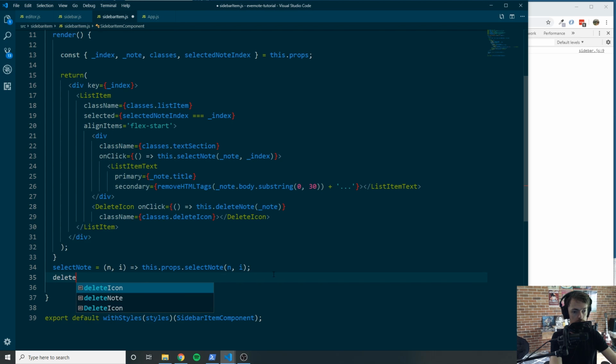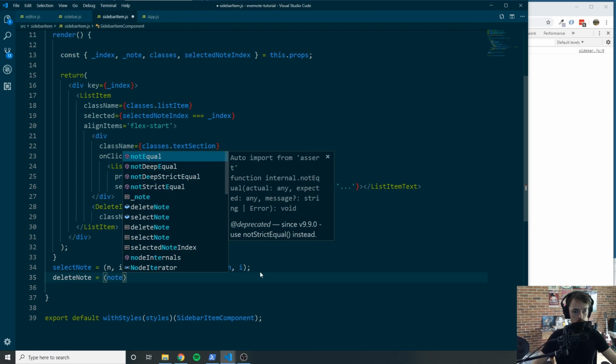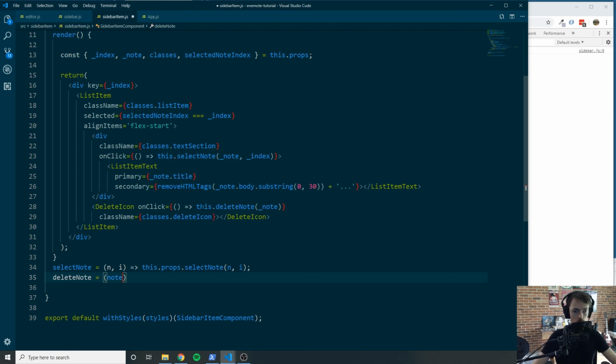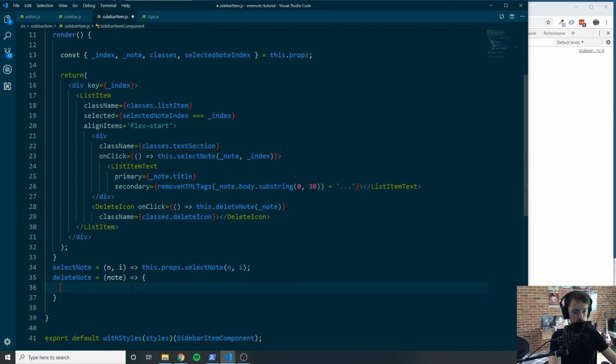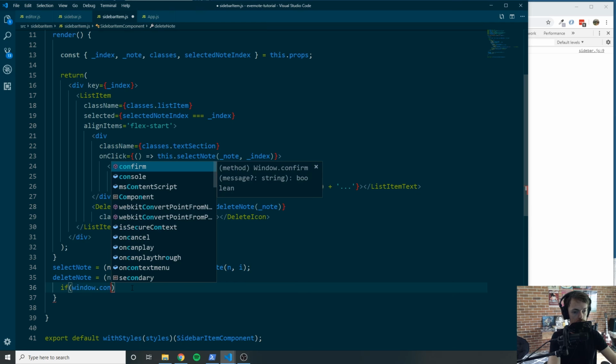Now we need to add deleteNote, which is going to take note. Whoops, I gotta spell that. Note. And you can see when we call deleteNote here, this.deleteNote, we are passing the current note in. So what we want to do is we don't want to just let the user accidentally delete notes. So if they accidentally click the trash can icon and it deletes their entire poem that they've been writing for a month, they'd be pretty mad. So what we want to do is say if window.confirm,